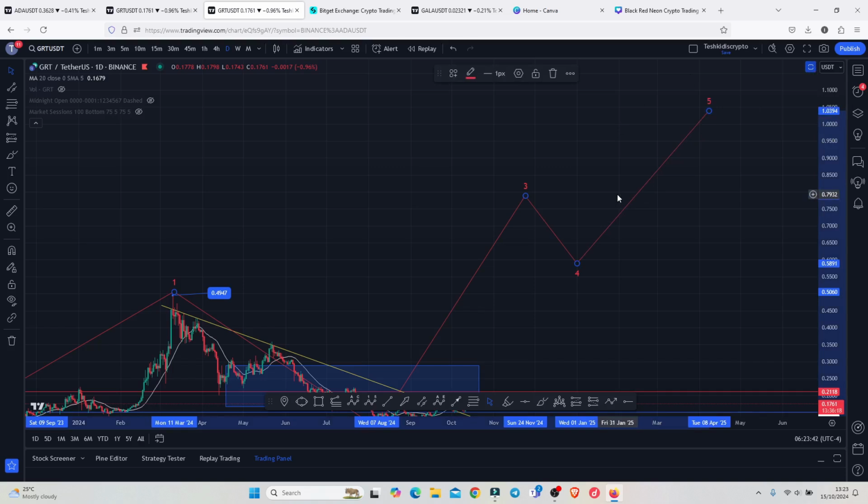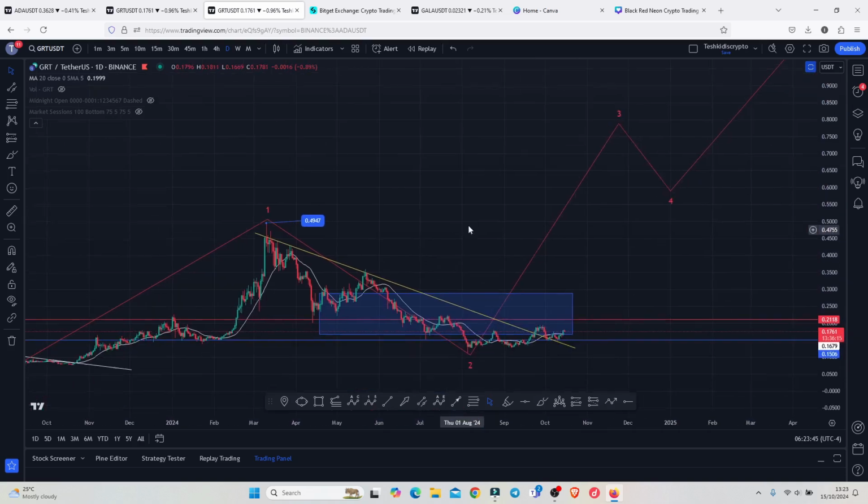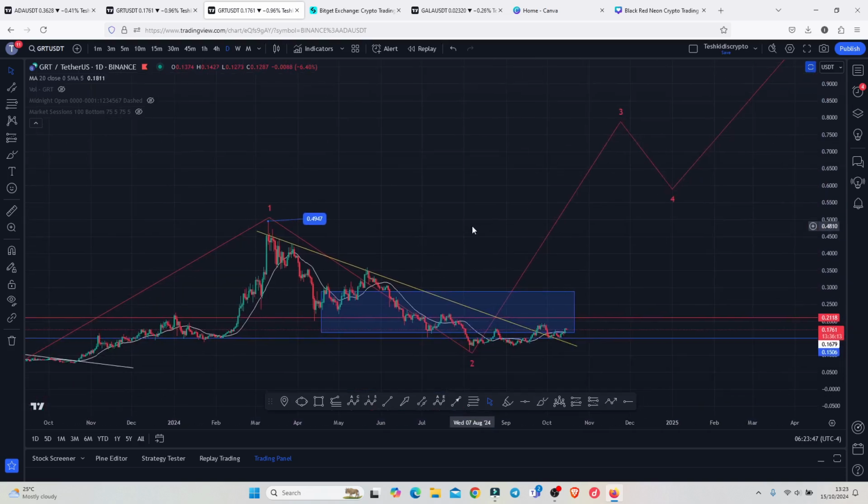So that is all I'm expecting to play out here on the GRT chart for the next coming hours and days, and let's be patient and see how that plays out, and I will keep you up to